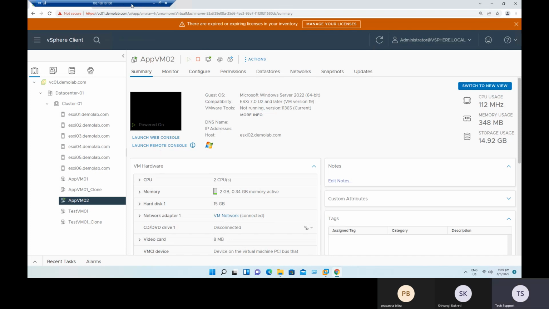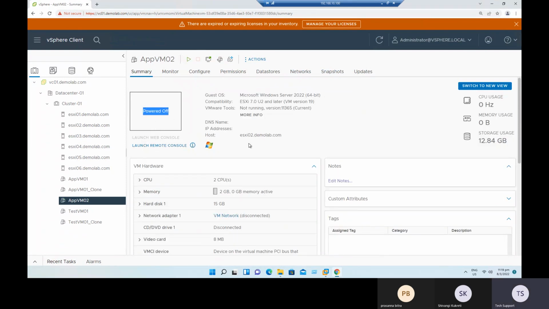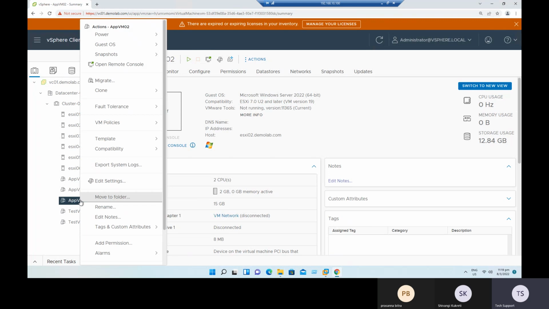Power off is in progress. Okay, now the virtual machine is completely powered off. Now right click the virtual machine, go to the template, and now select convert to template. Either you can convert to template or you can export this virtual machine in OVF format also. Okay, we'll observe the first option first, convert to template. So convert the virtual machine,